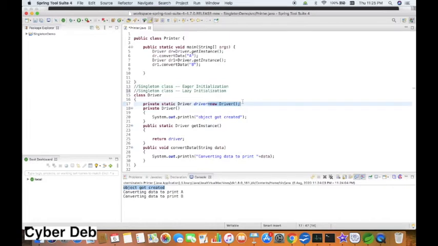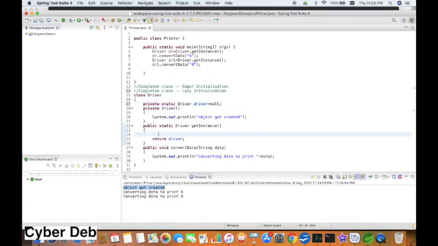So we will not put the new keyword in the static variable which we have declared.